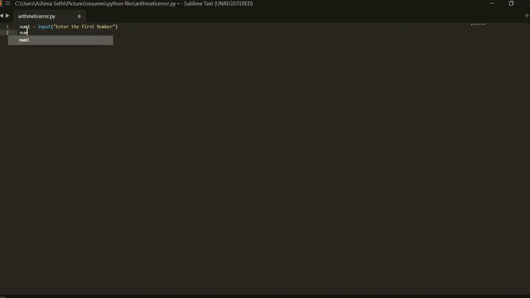Then number2 will be equal to input. Make sure that if you are using Python 2, then use raw_input. If you are using Python version 3, then use input only. Enter the second number.